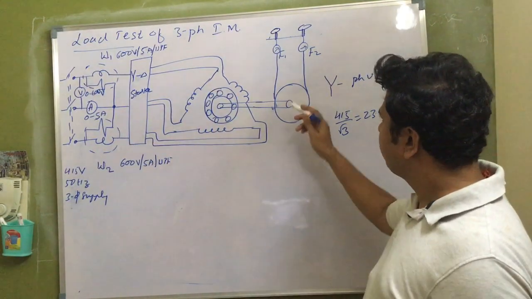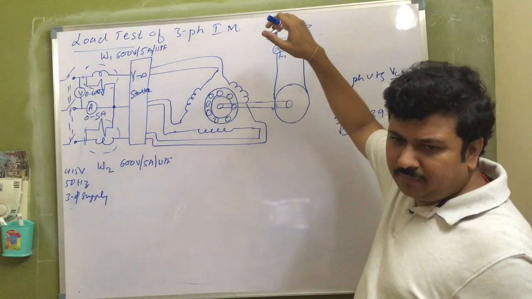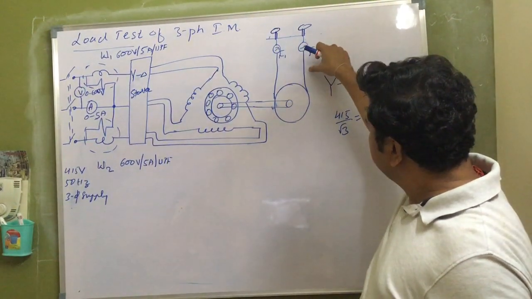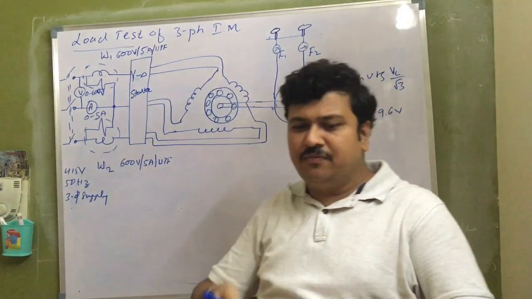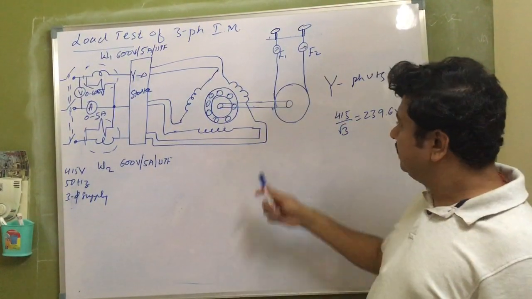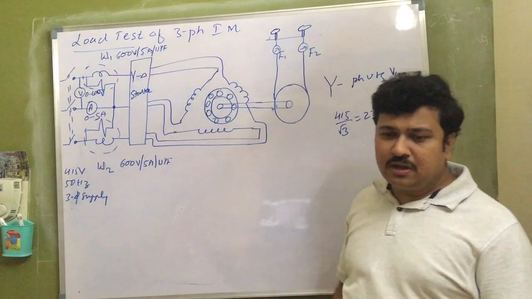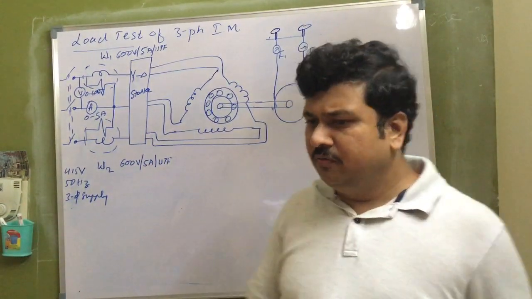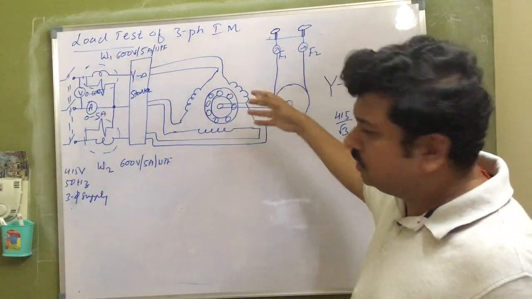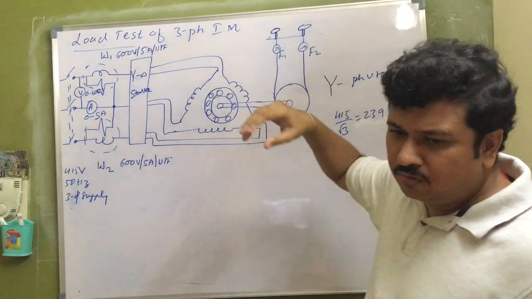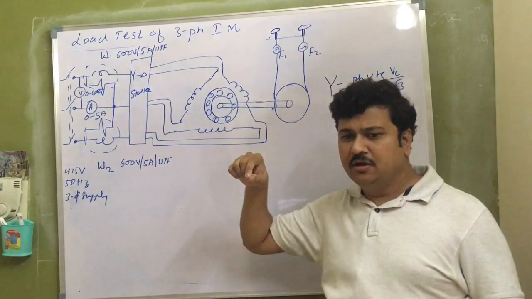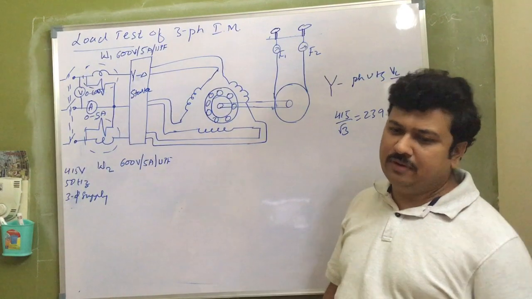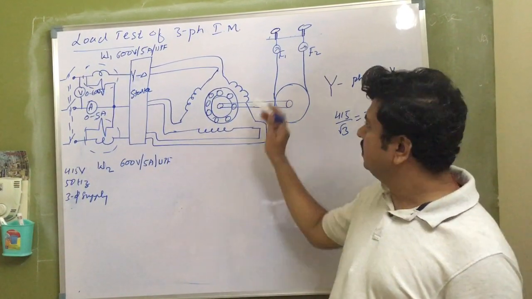So here I go on increasing the load by tightening the wheels, by increasing the tension on the belts, which will increase the mechanical friction or the load on the pulley. With this, what happens? The speed goes on decreasing. Various things we will observe. I can increase the load only up to a point where the current drawn by the source is the rated value. I cannot increase to infinite load.